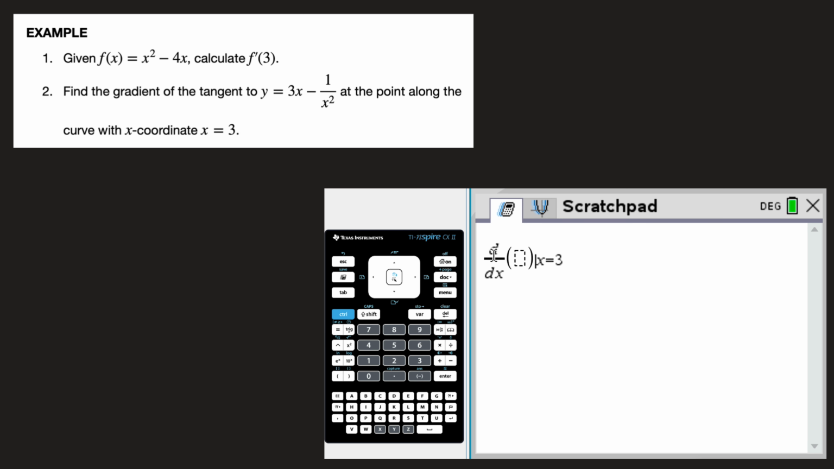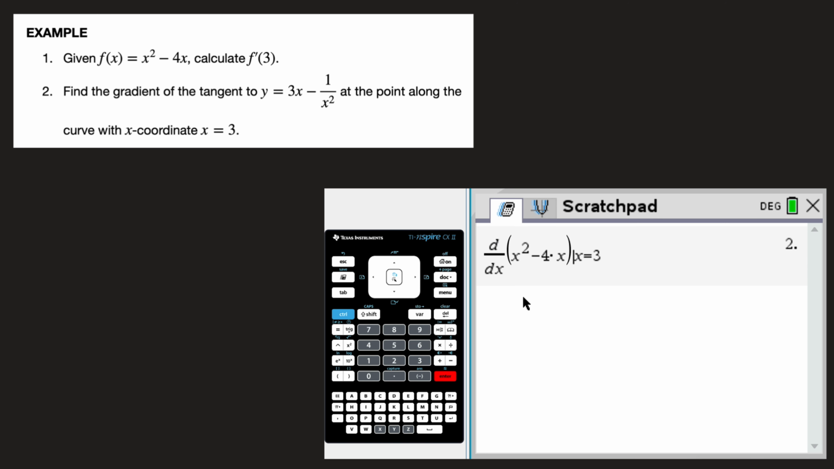Now we can see the d over dx that's appeared, and inside this pair of parentheses here, we need to type our function, so that's x squared minus 4x. So let's quickly do that. That's x squared minus 4x. And as such, we're ready. I exit all these parentheses, and I click on Enter. And we're done. Given f of x equals x squared minus 4x, f dash of 3 is equal to